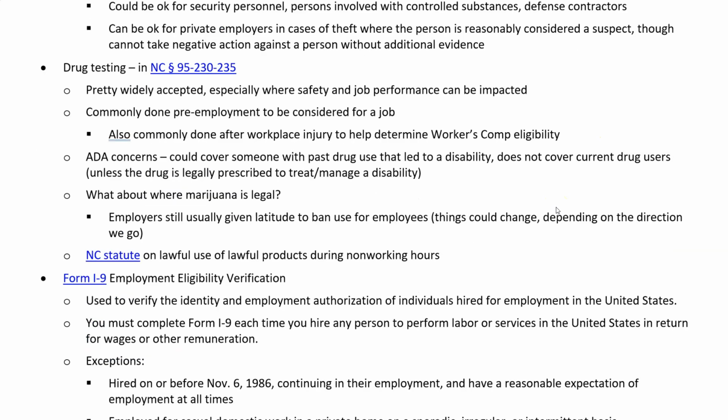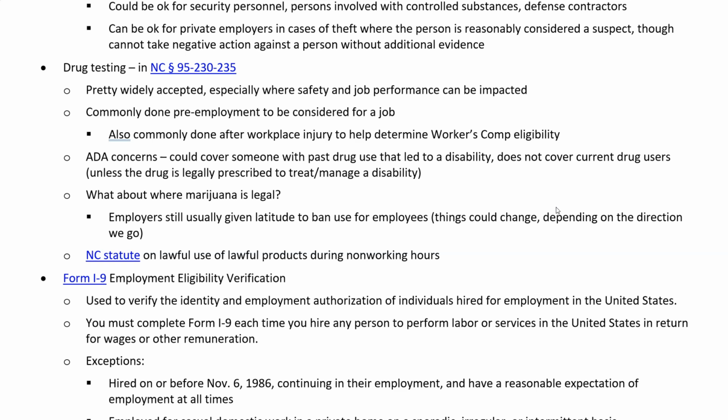Most of us are familiar with the idea of drug testing. And I linked you to North Carolina statutes. You can learn more about the laws specifically for North Carolina. This is pretty widely accepted, considered to be okay for hiring. We want to make sure that the people that we're hiring aren't on some illegal substance, or even using an illegal substance during work hours,